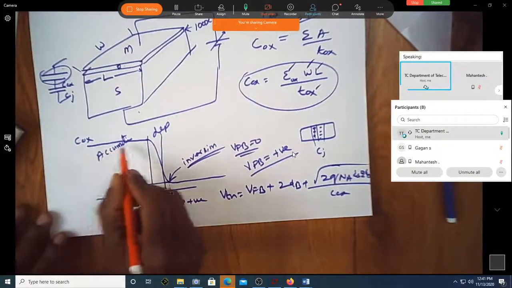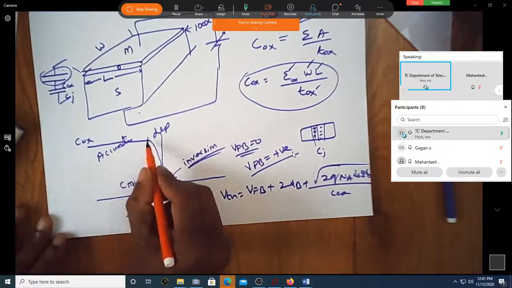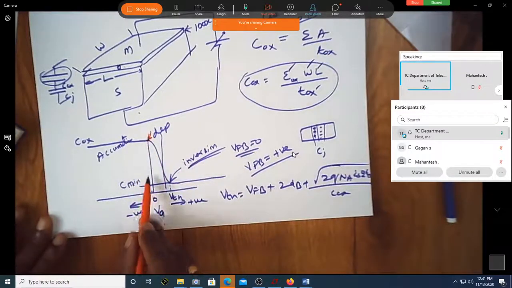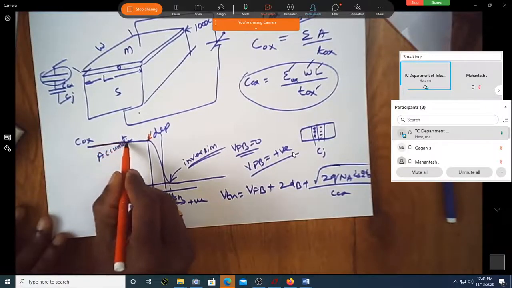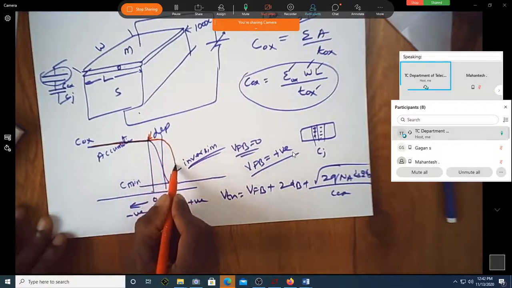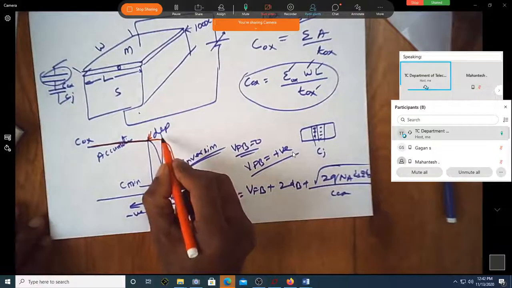Can you see here? This was starting here. This was coming down here. So the flat band was happening here. The band was flat here. Now what will happen with VFB positive? You can see this also extends, and now you can see it is moving up. Can you see this has gone up now? Of course, this is extended.